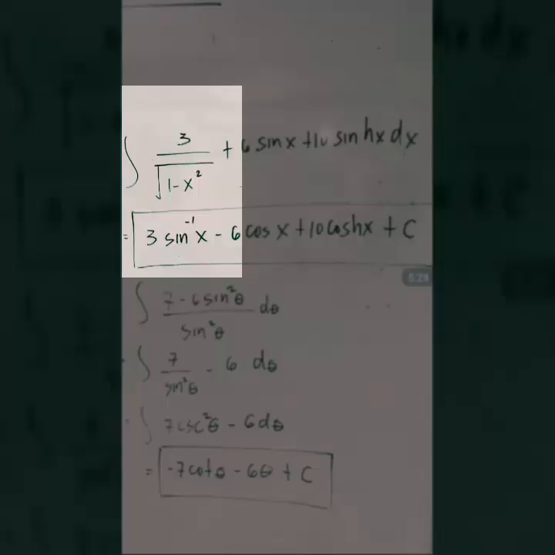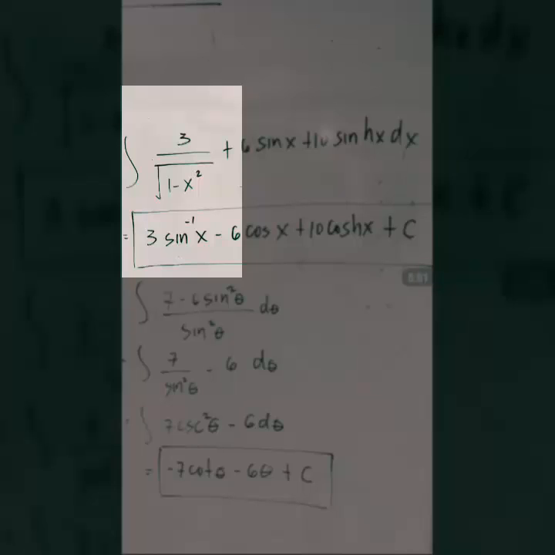Therefore, ang integral ng first term is 3 arc sine x. Pwede rin naman yan; baka mayroon kayong table na ang ginamit is arc cosine, kaso ang arc sine ay magiging negative arc cosine. Kung gusto nyo ng cosine ang gamitin, magiging negative 3 arc cosine x. For now, sine muna ang gamitin natin